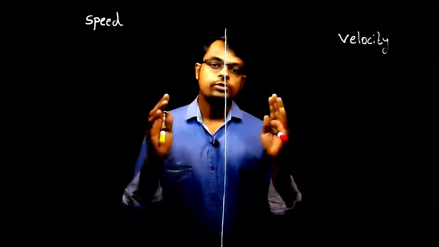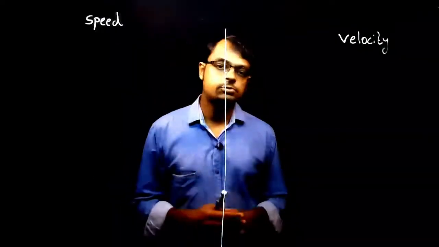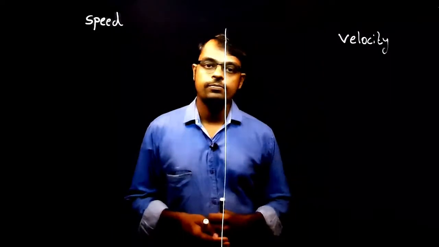In the last lesson, we were discussing mainly position coordinates, and we also discussed the difference between distance and displacement. So today in this lesson, we are going to mainly deal with speed and velocity. We will be discussing speed and velocity in a comparison manner. So let's compare speed and velocity. First of all, let's define what is speed and what is velocity.